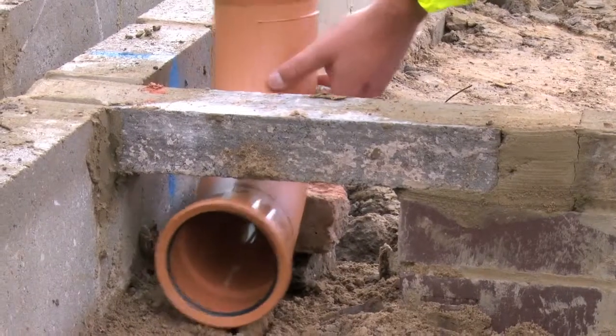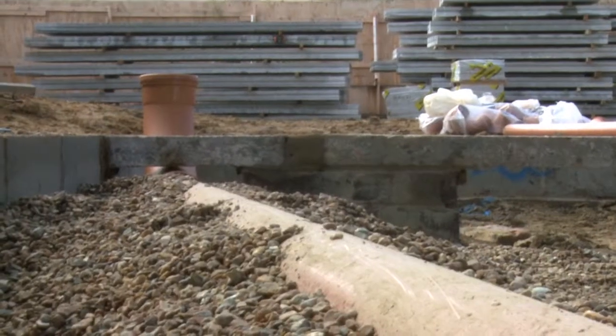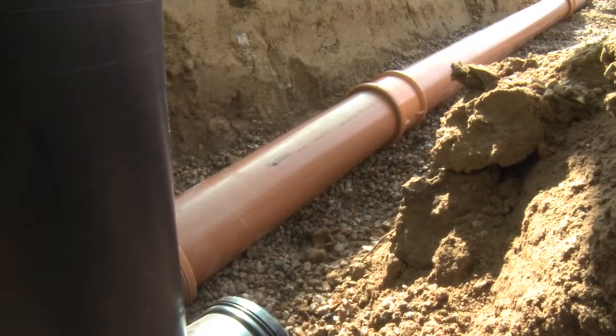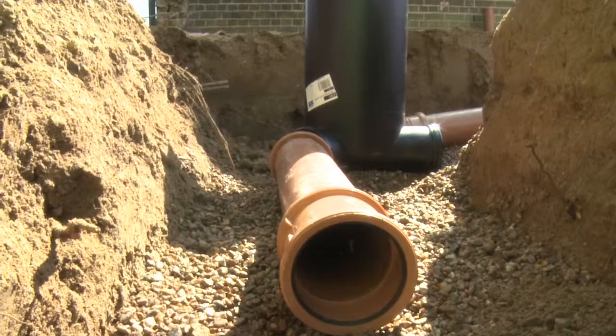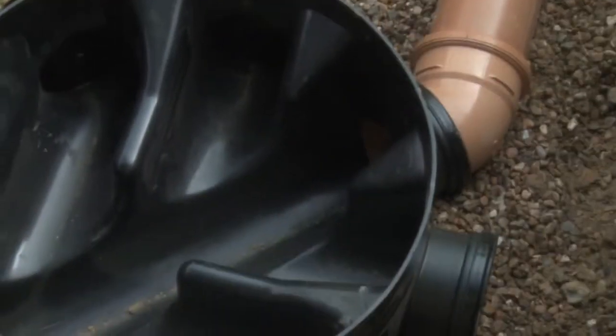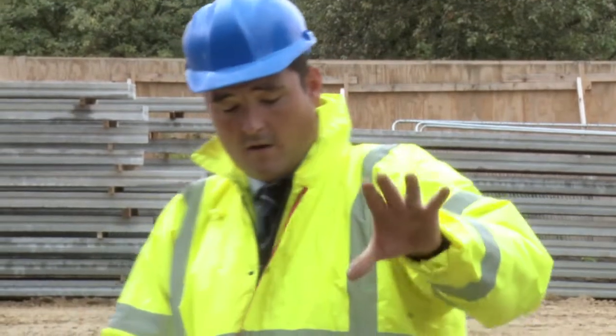So we've started at the rest bend, we've laid the pipe, we've got to the rocker pipe, gone under the building out to the shallow inspection chamber where we can get access. We've turned the corner and run the pipes all the way along. So Stuart, what's next? Well, next, Tony, Pat and Sean will be installing a bottle gully on the outside of